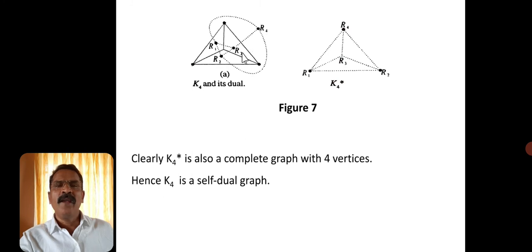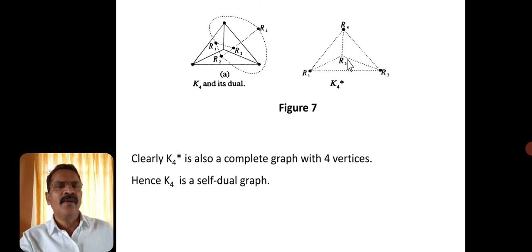Now you have to construct the geometric dual. You have to insert one vertex in every face: one vertex in the interior face R1, again in R2 and R3, and one vertex corresponding to the exterior face. This is an edge common to the interior face R1 and the exterior face R4, so join one edge between those 2 vertices. Similarly, this is an edge common to 2 interior faces, so you join like this. This is an edge common to these 2 faces, then join like this.